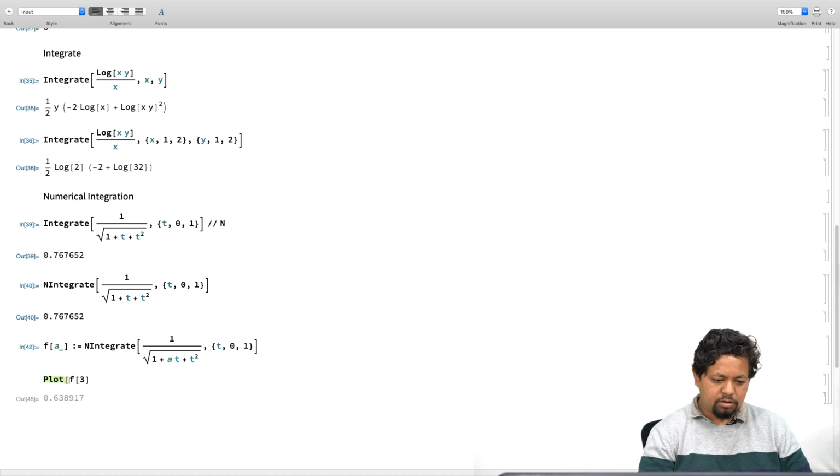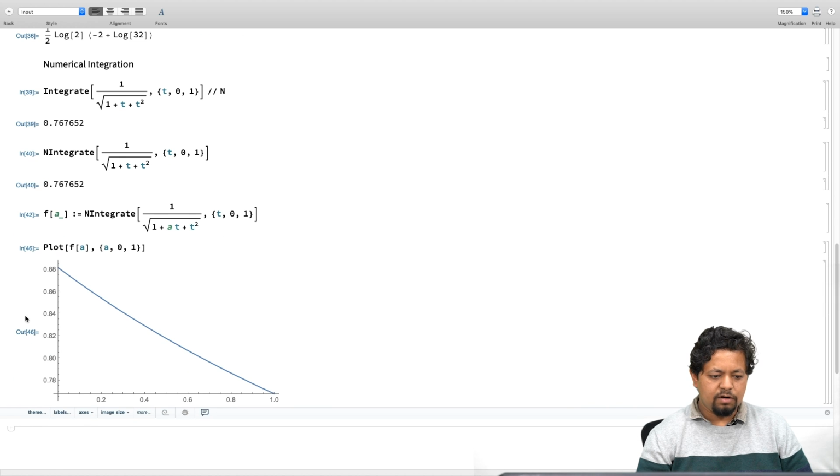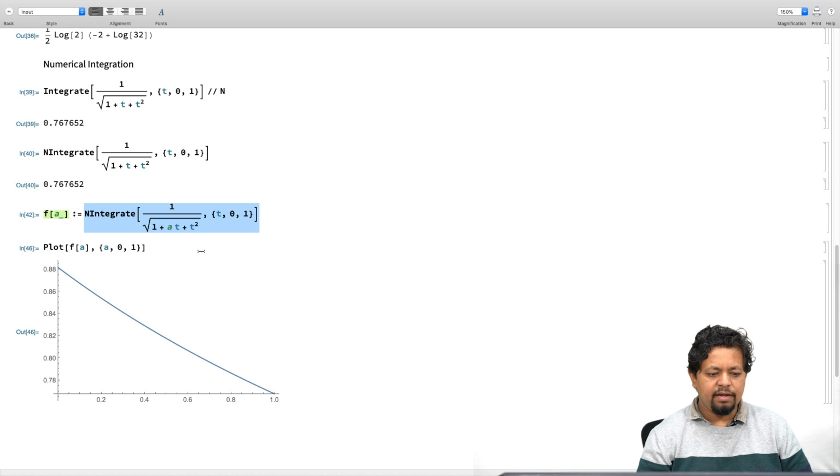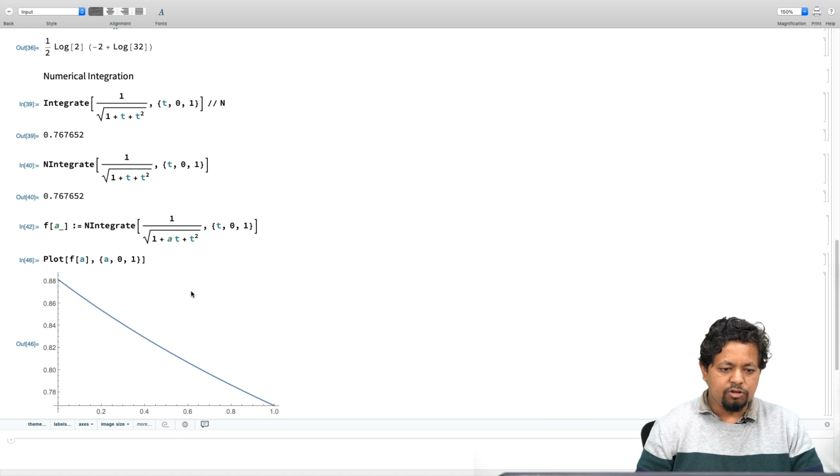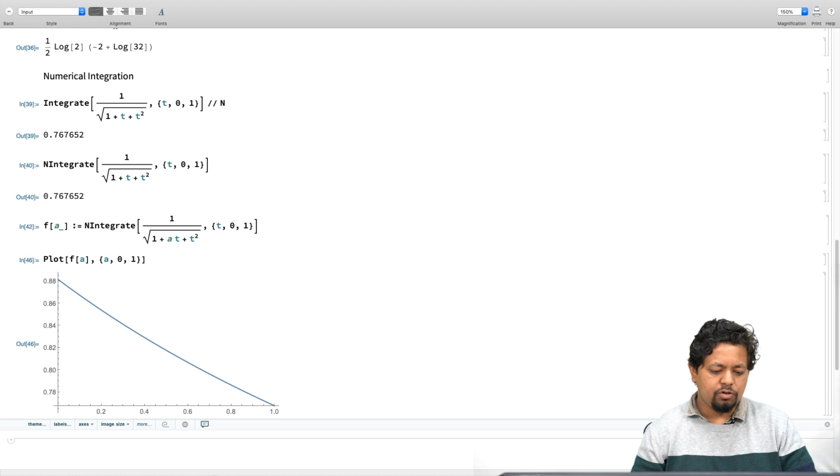If I wanted to make a plot of f of a, with a going from a really small value 0 to 1, we can make that plot, and what we see here is that it is a function that decreases. So this numerical integration as a function of a drops down. All right, very good. So this is numerical integration. Let's go ahead and move on to